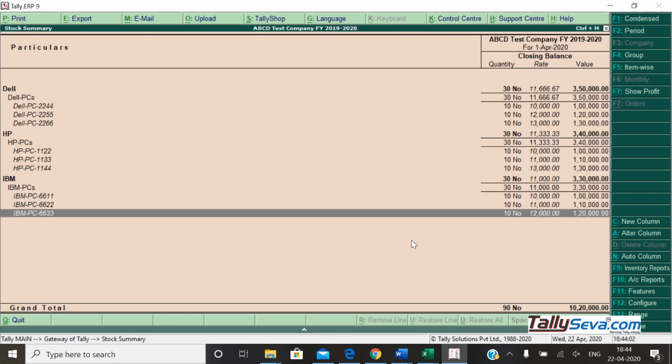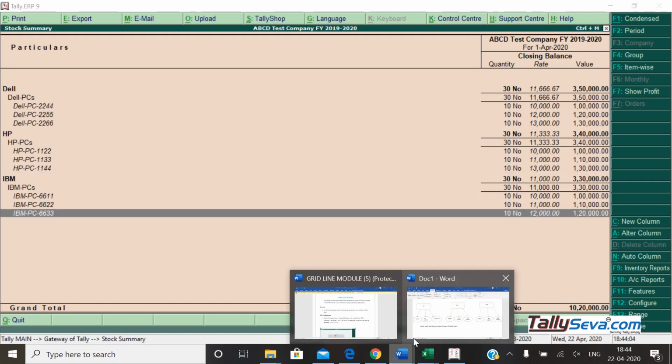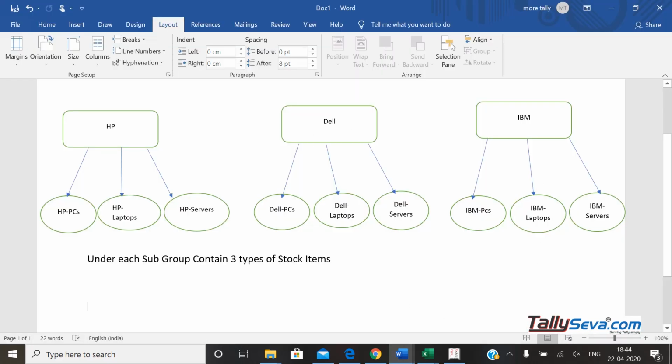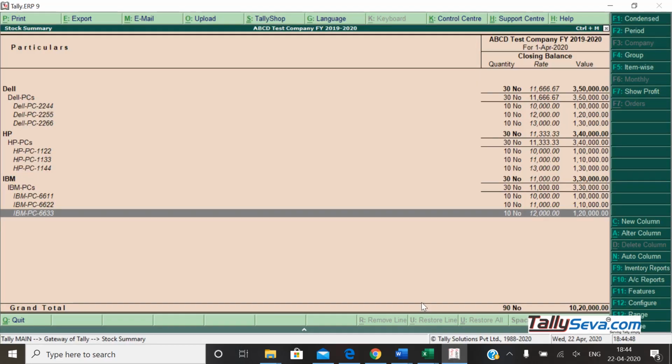So that's why I suggest you first create a flow chart, whatever your inventory masters creation, because this will help you for the reporting. What report we require, on the basis of that we have to create a flow chart, and depending on the flow chart we have to create in Tally. If you practice this way, then you will easily create, otherwise you will get confusion. So the master part is very important. How we design a master, the report will come accordingly. Once there is some problem in a master, the report also will have a problem.